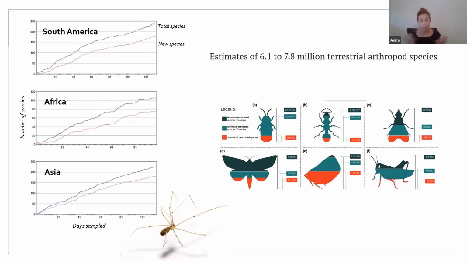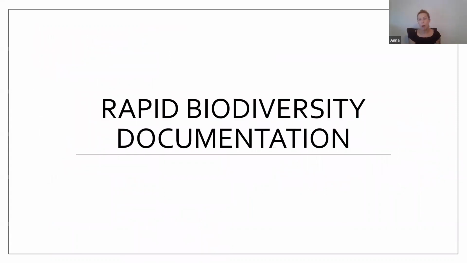So this is something I'm particularly interested in. How do we understand this biodiversity that's just really underexplored at a rate that keeps up with anthropogenic pressure? So obviously global change being a massive pressure right now on a lot of global biodiversity. So thinking about how can we rapidly document diversity and monitor communities to allow us to really understand how different biotic communities are responding to global change.